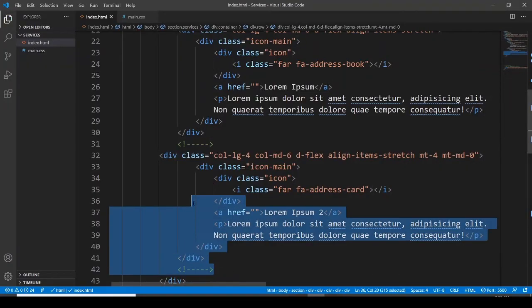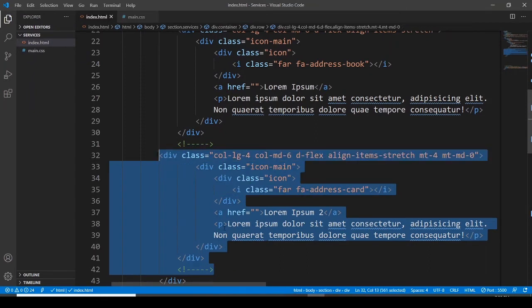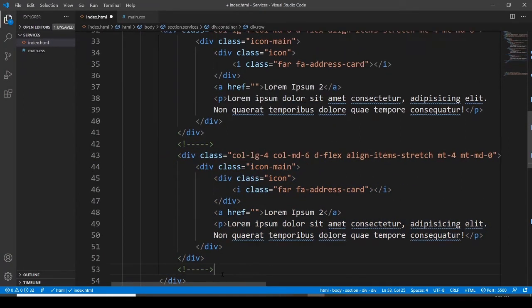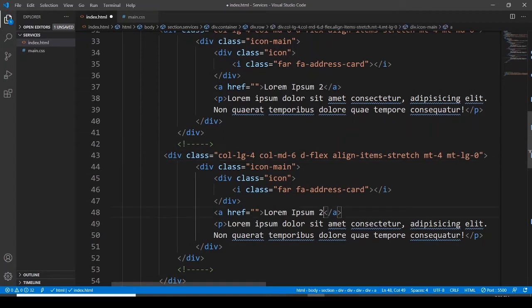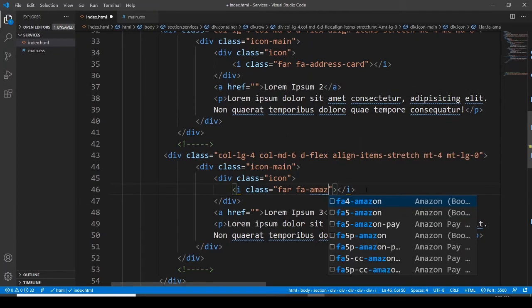Now I want to copy this one. I want to paste it, so I just copied it. I've pasted it here, and you know what, I'm going to add another class here, and this time the margin top is 4, but here in place of this MD I'm going to use LG, and let me bring it here. Okay, LG, and then the title is going to be 3, and here the icon is going to be Amazon